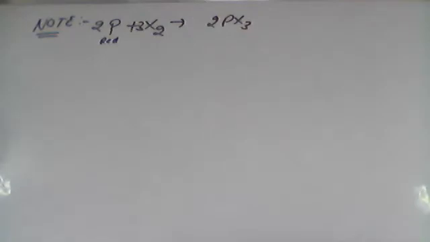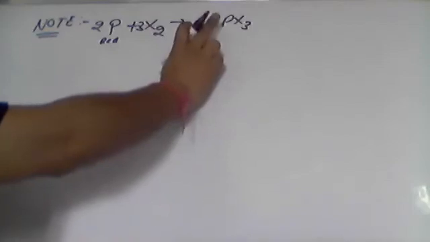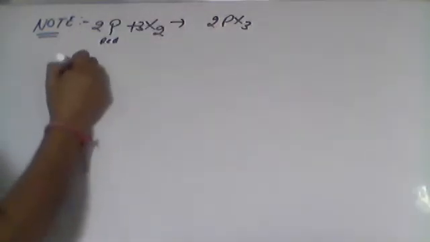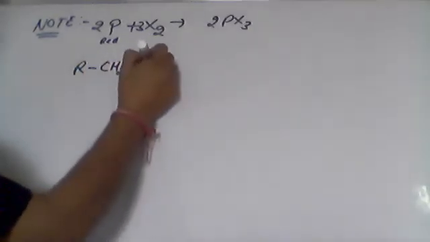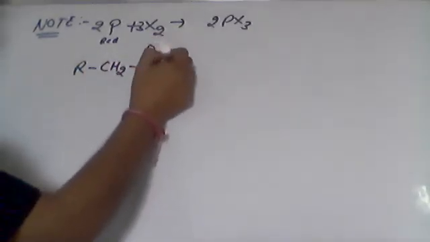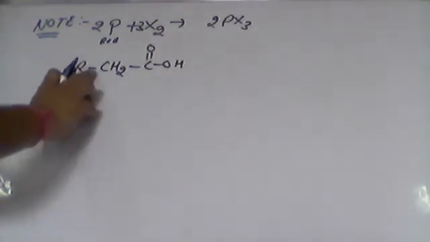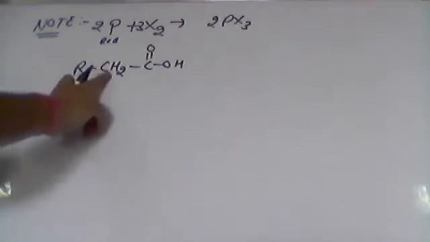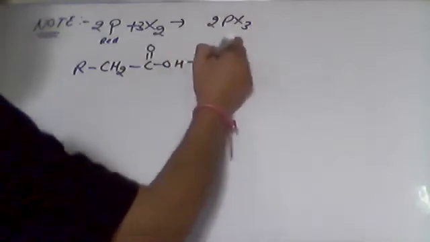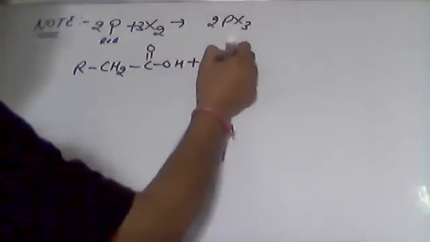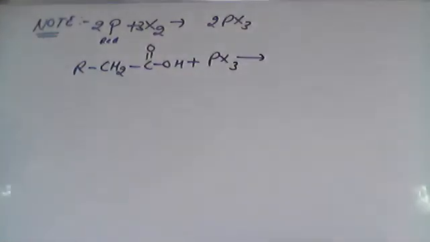Don't worry. So what is going to happen now? First, the red phosphorus reacts with the halogen to form phosphorus halides. Once phosphorus halide is formed, it acts on CH3, CH2, C double bond O, OH, which is a carboxylic acid. Here we have the alpha position. When this carboxylic acid reacts with the phosphorus halide like PX3, if you remember, we have done it in the formation of alcohols and alkyl halogens.